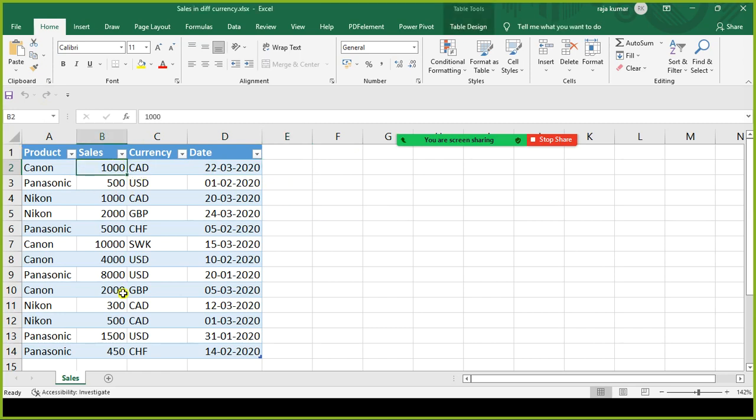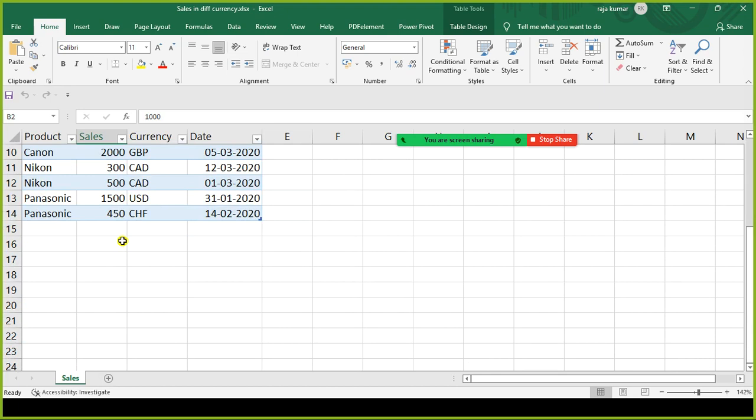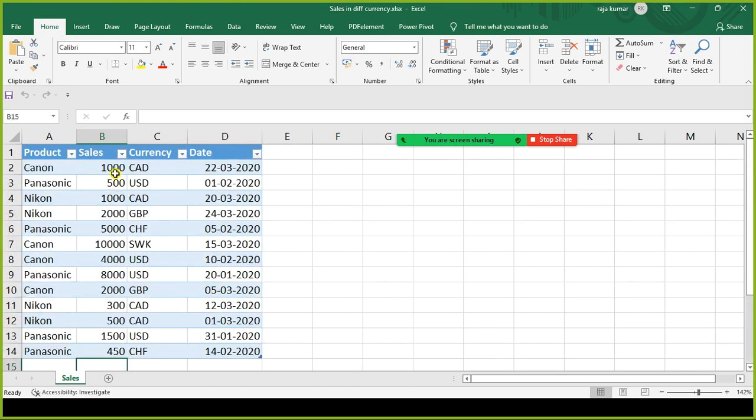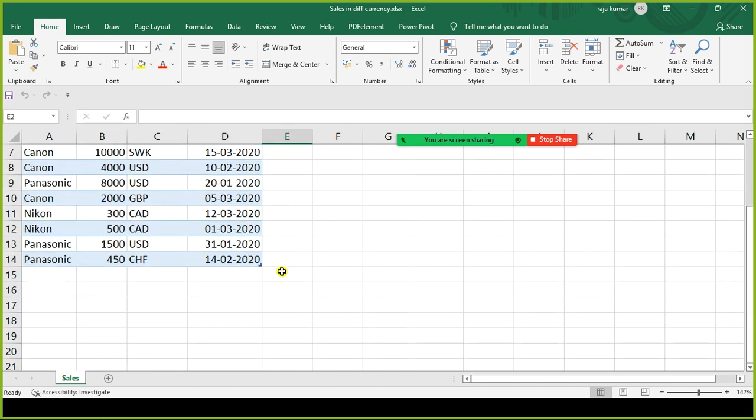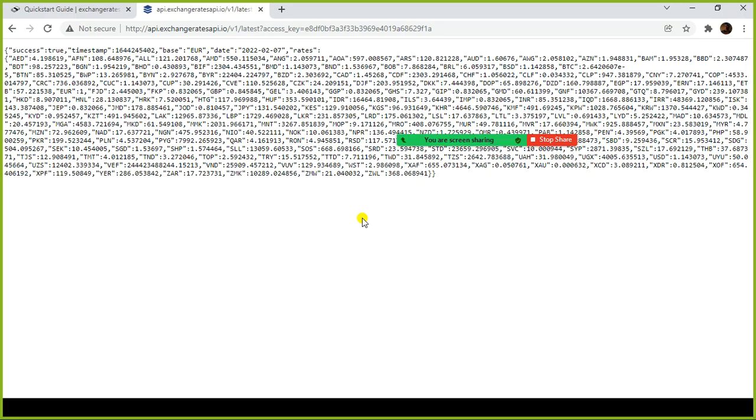Once you convert all these different transactions' sales value into euro currency, you can easily find out the total sales. After you convert the sales value into euro currency, when you aggregate or summarize this using some function, you will get to know the total sales value across all the countries. What is the total sales in euro currency? You will get to know that. Okay,